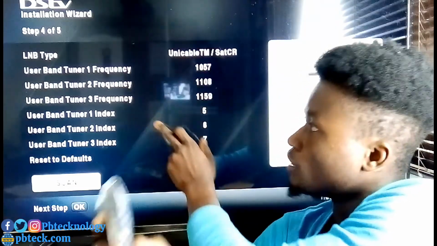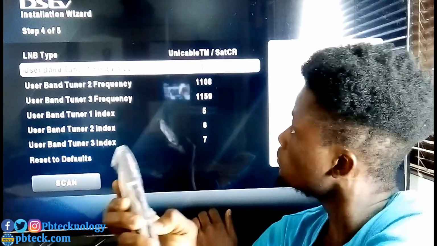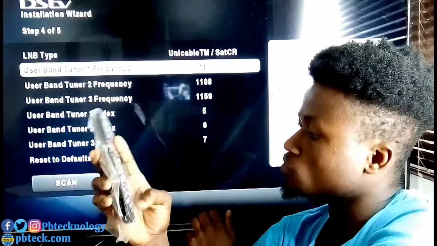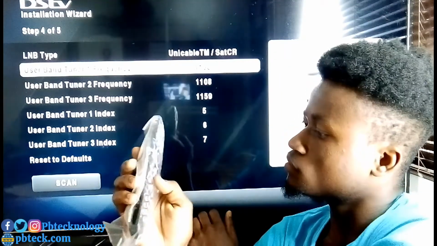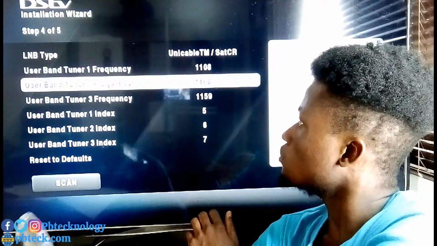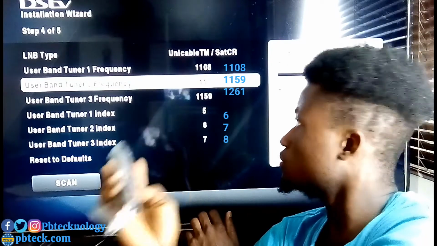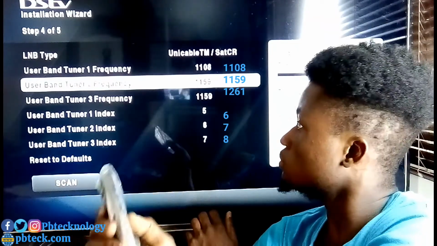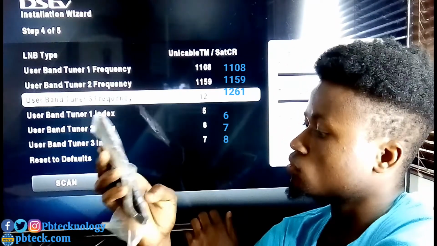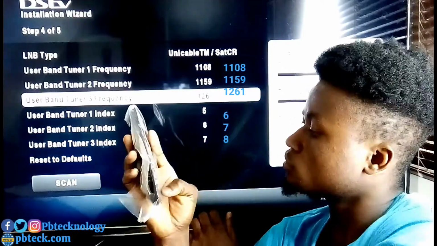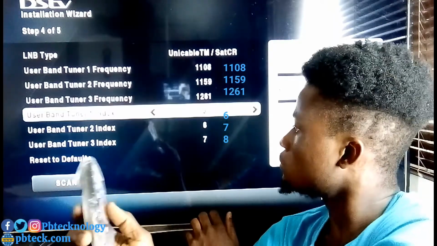Here the user band frequencies: the first one has to be 1108, and then this one has to be 1159, and then the third one has to be 1261. For the index, it has to be 6,